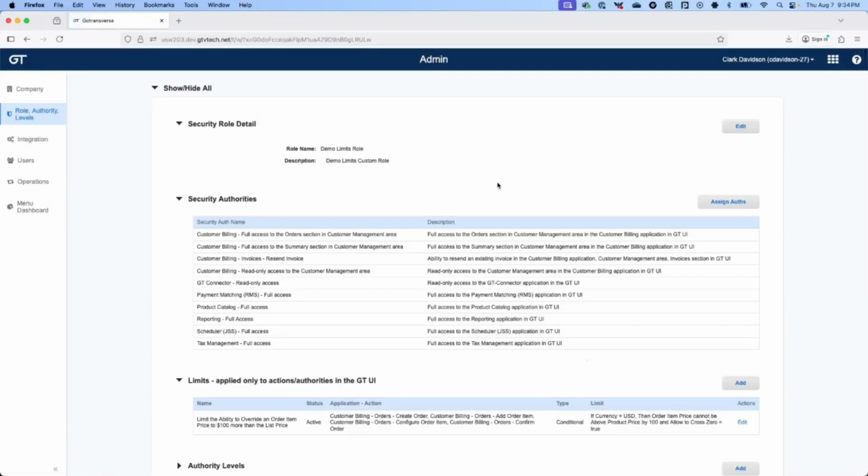Now let's look at this specific custom role that I created for the demo and really focus in on the authorities assigned for the custom billing, custom management portion of the application. You can see here for custom billing, I gave the authority to this role for full access in the order section, full access in the summary section,